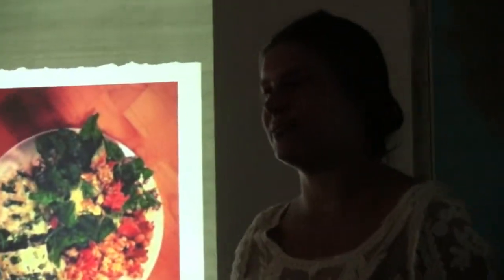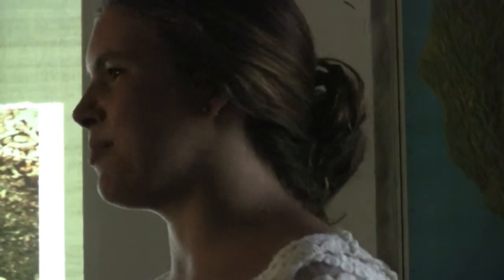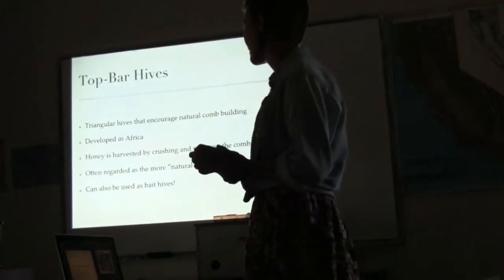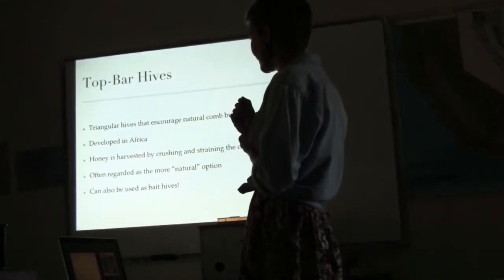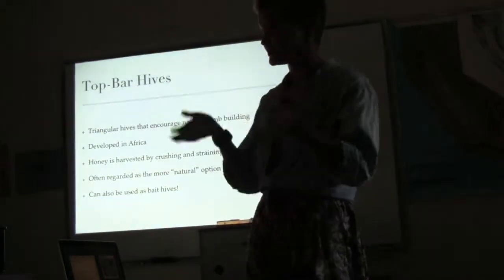We put a lot of value into our local food, and whatever we don't produce in the garden, we try to buy fair trade and organic and mostly local. And we compost a lot, because food is really wasted. It's really important that we know our soil and that the things we're growing are not only organic, but just in general safe and chemical-free. Top bar hives are a more natural alternative to Langstroth hives, and they are triangular in shape,